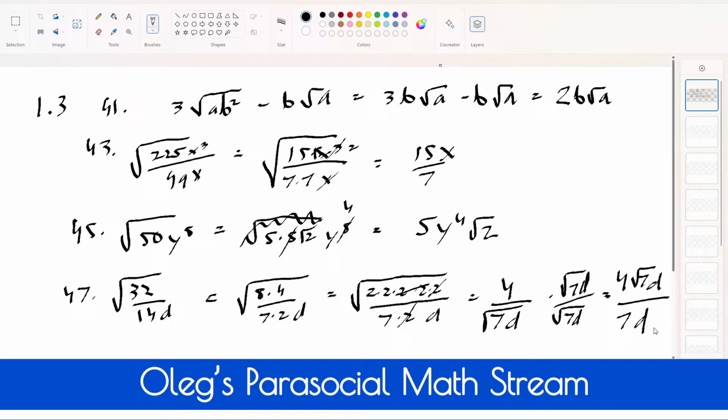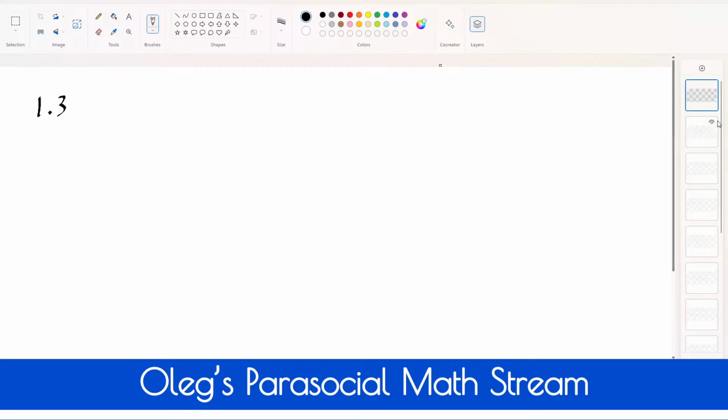Okay. So that's rationalizing the denominator. Okay, let's take a look real quick here. 41. Yes. 15, yes. 45, yes. And 47, yes. Okay, so far so good. All right. Now,